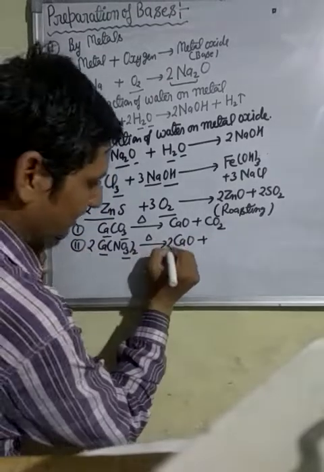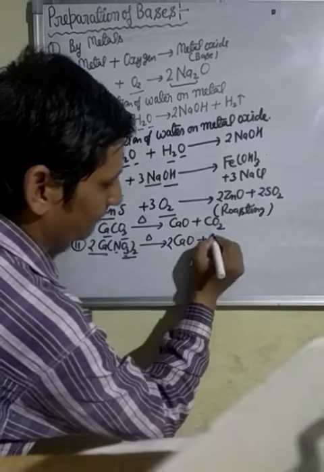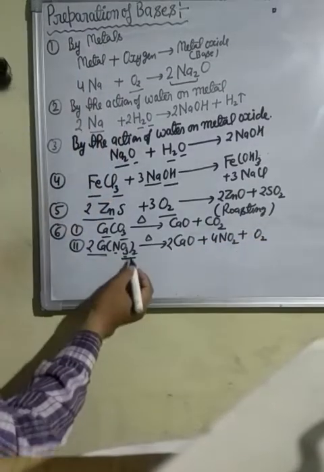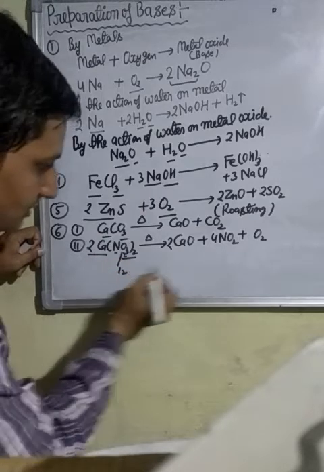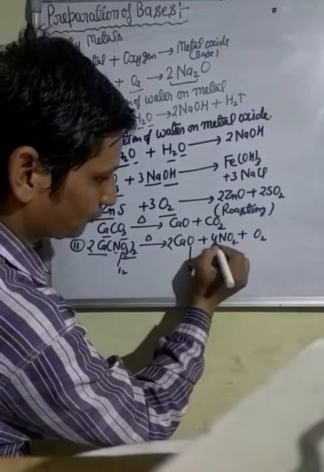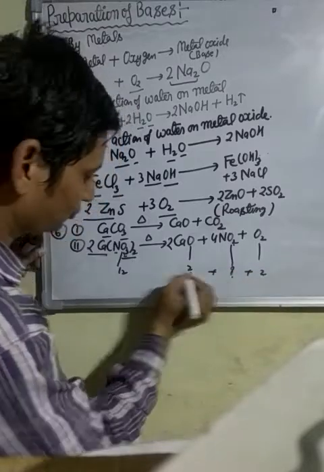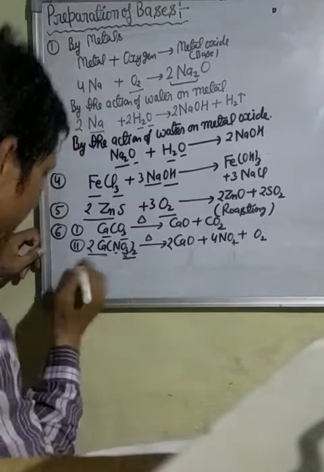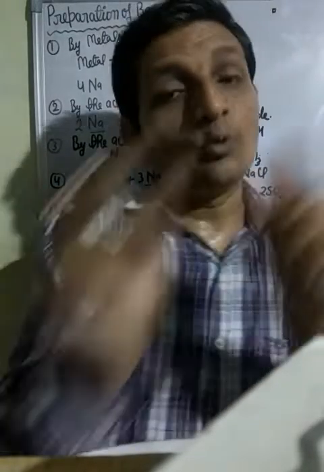Balance it, we have to take here 2 CaO, 2 times 2 is 4, nitrogen and oxygen form 4NO2 plus O2. Now count the number of oxygen, 2 times 6 is 12. Oxygen here is 12. Oxygen 2, 2 times 4 is 8, plus oxygen 2. Count here, 2 plus 8 is 10, plus 2 is 12. Oxygen is balanced. Okay, after this, the seventh method, by the reaction of ammonia gas with water to form ammonium hydroxide,